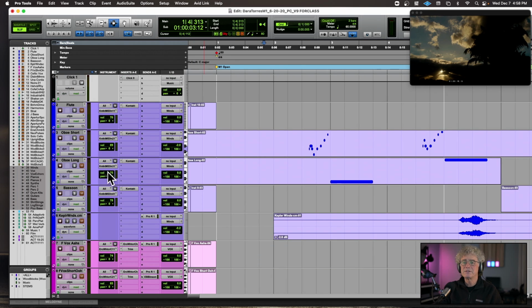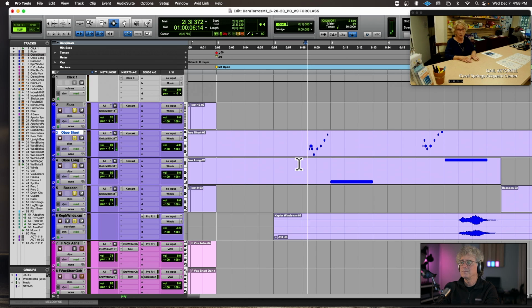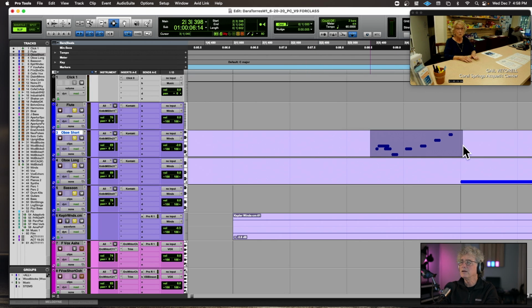Let's break this down. So let's just solo the winds. Right, so I've got this. Now, if we look here, from here to here, I have the short oboe and then the long note here. Some libraries make sounds where you can key switch to change the patch, or you can use other means to change the patch. It gets a little confusing for me. This is shorts and this track is long. Very easy for me to deal with, especially since this is not a very large score in terms of number of instruments.